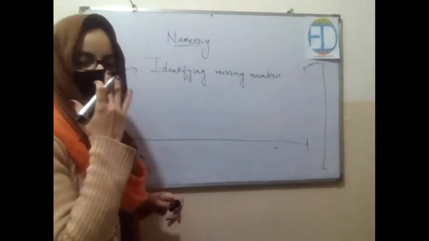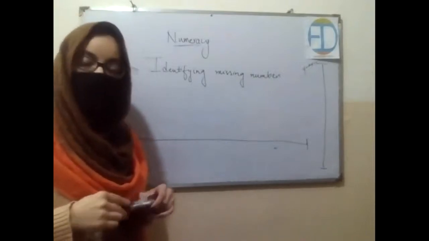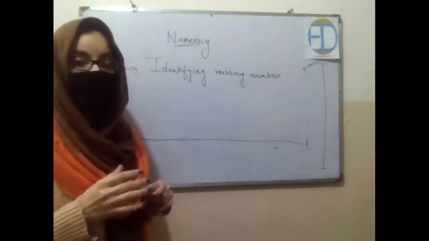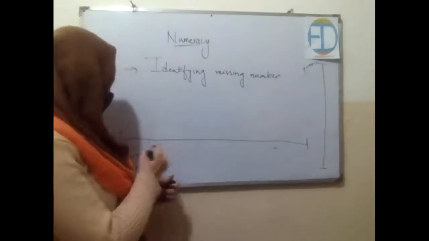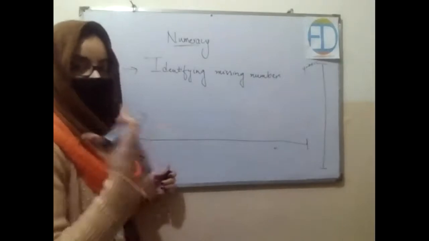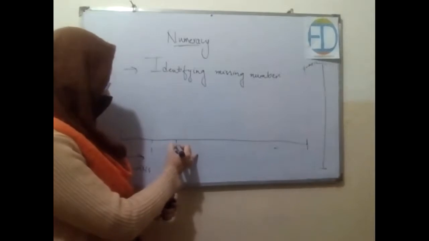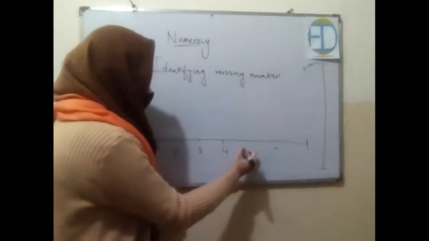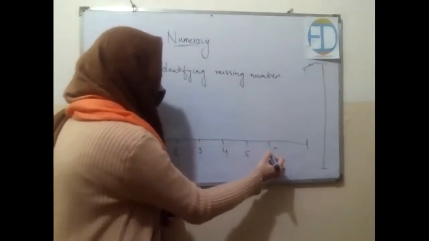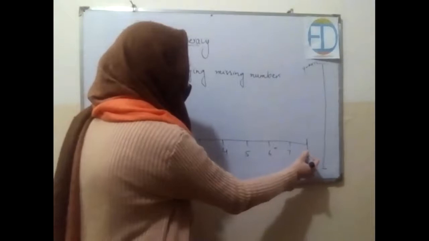I told you that when the counting starts from one, we call them natural numbers, and when it starts from zero, we call them whole numbers. I'm writing whole numbers because I'm starting from zero. I wrote zero, then one, two, three, four, five, six, seven, eight,